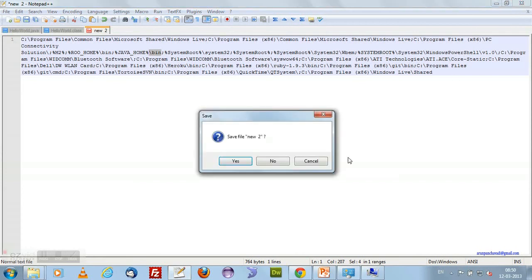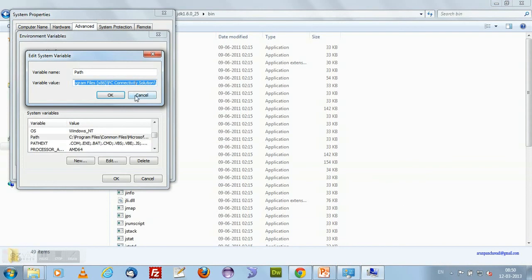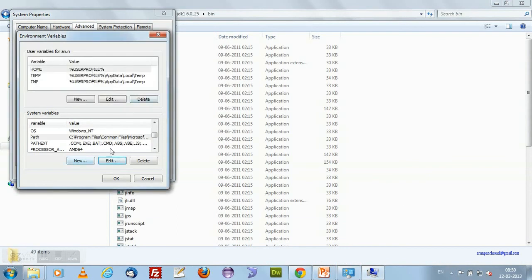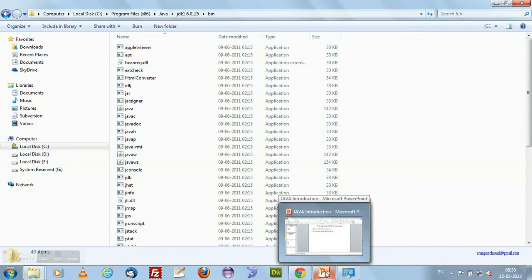I am cancelling this, and if you want to create these items, you can click on New, create them and save it back. I already created them, I don't want to edit this, so I left it as it is. Okay, once these setups are done, our Java runtime environment and Java development environment are ready, and